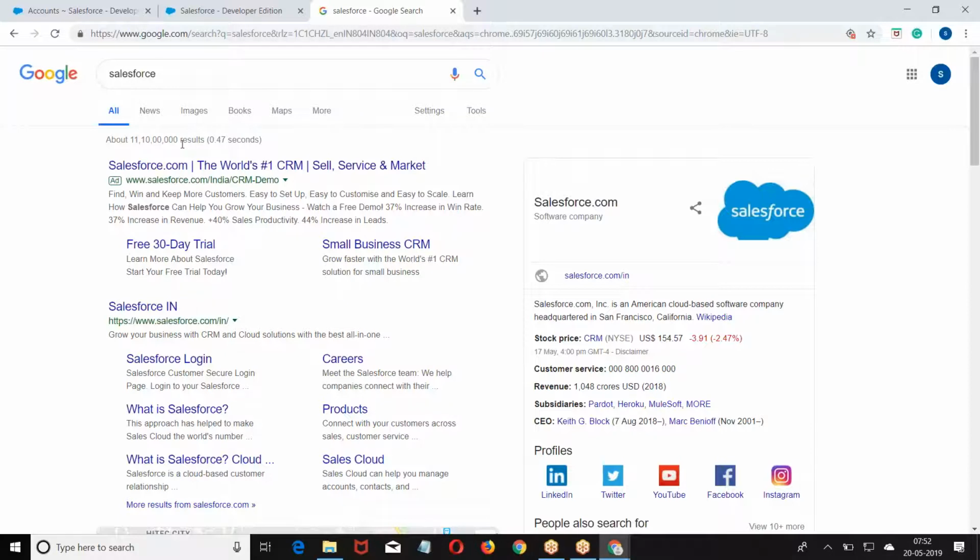Now, it is not a good practice to display this many records. Even 1000 is a very high number of records to display. It is not a good practice. It will kill the performance of the page if you are trying to display 1000 records at a time.